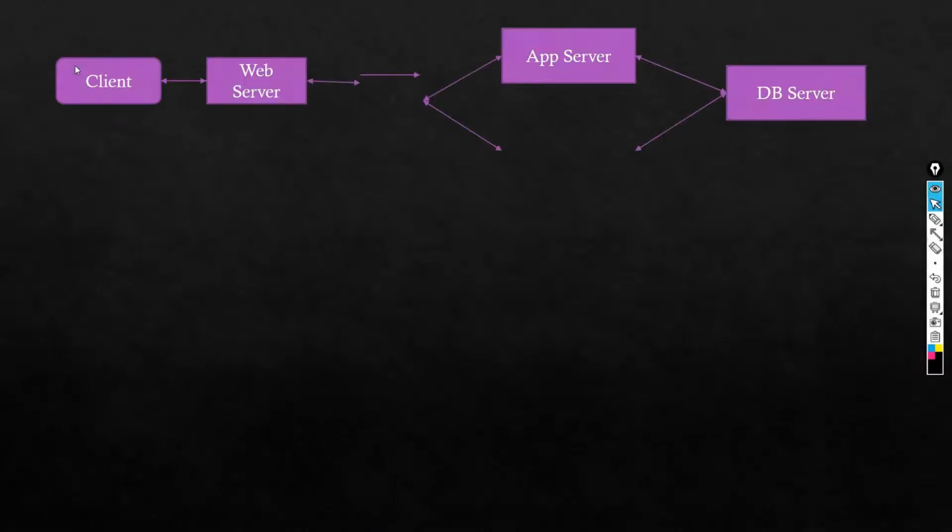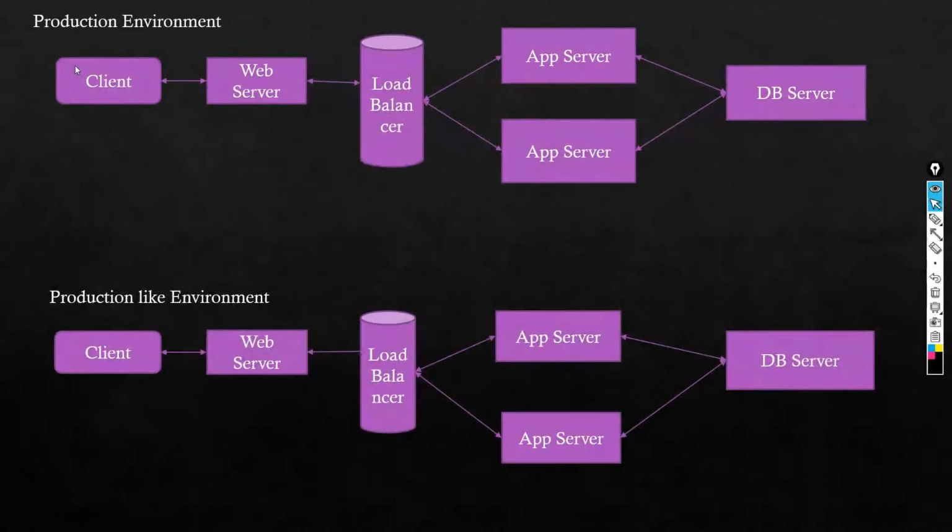So if you come back to this slide, just observe this diagram, and if you're not understanding, no need to worry, we have detailed sessions coming up again. If you are coming from a non-IT background also, no need to worry, we have some additional sessions coming up. So if you see, the term present in the definition is "production like environment." What do you mean by this? How can we understand this particular term?